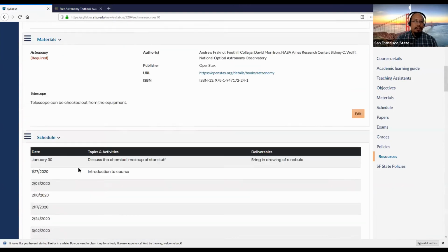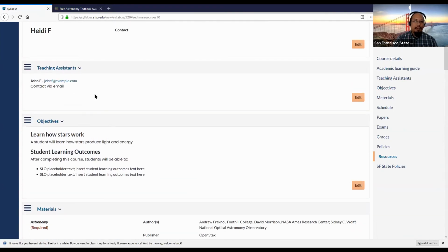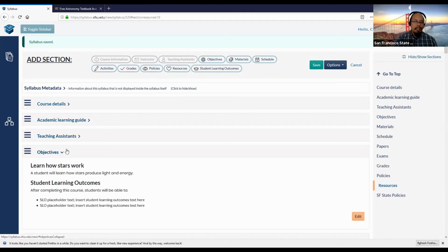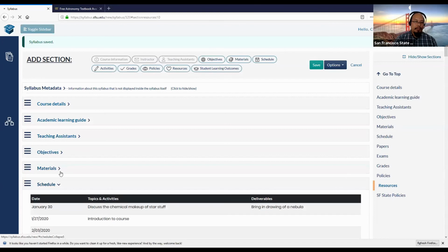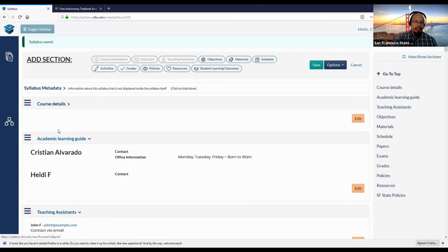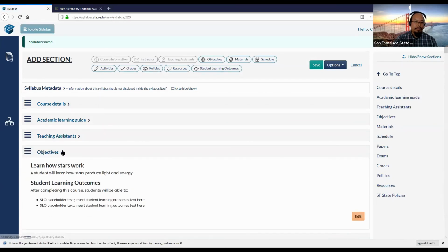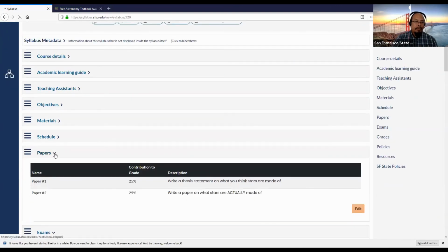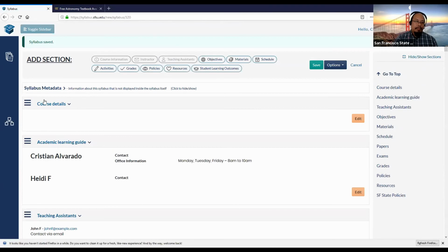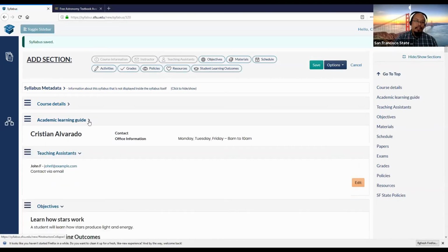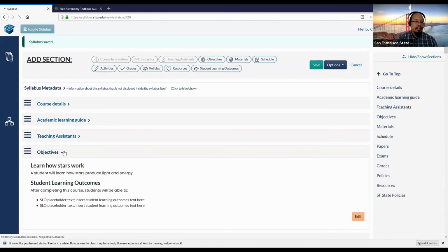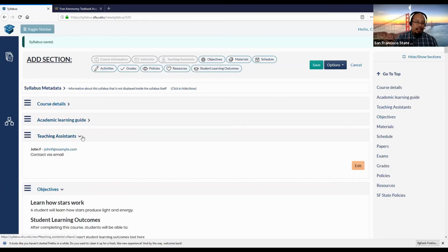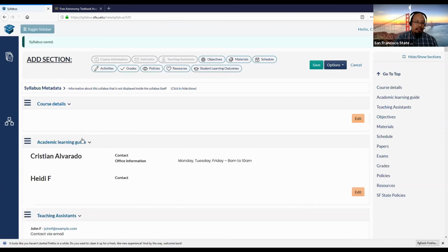So let's say I wanted to move stuff around. So what I can do here is I can actually start collapsing things. So I can do this because I don't really need to see what is in each of these sections. I can just go ahead and collapse them. So let's say I wanted to move. Okay, that's another thing that I'm going to have to report to the developer because that is kind of obnoxious. All right, so let's say I wanted to